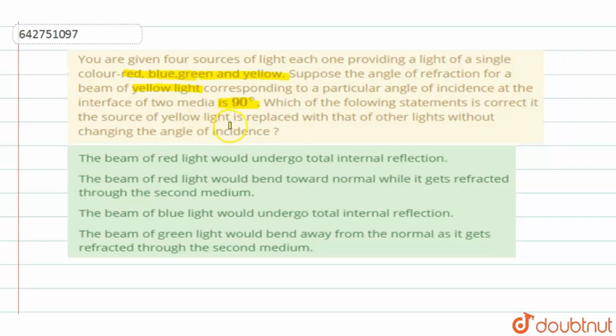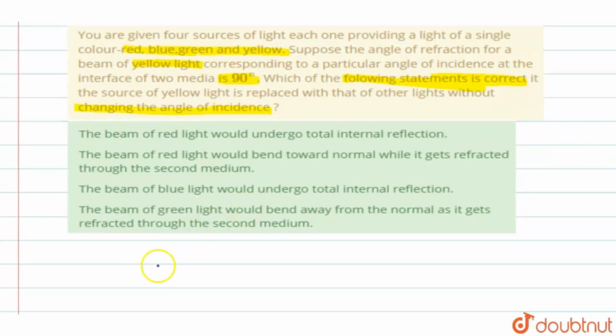If the source of yellow light is replaced with that of other lights without changing the angle of incidence, what happens to that? We are asking two questions now. Which of the following statements is correct is one question, and what happens if yellow light is replaced with the other light? So now let us talk about the first condition, what they are doing. First, they are using a yellow light, right? So for yellow light,